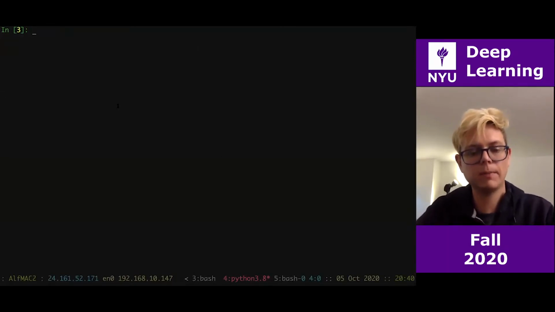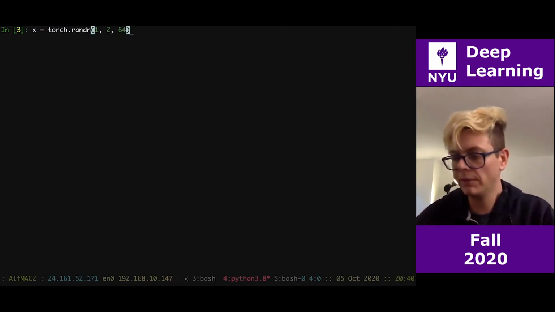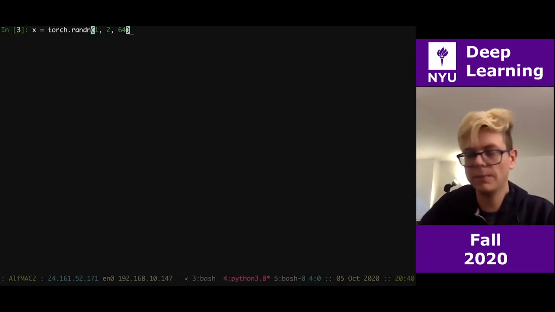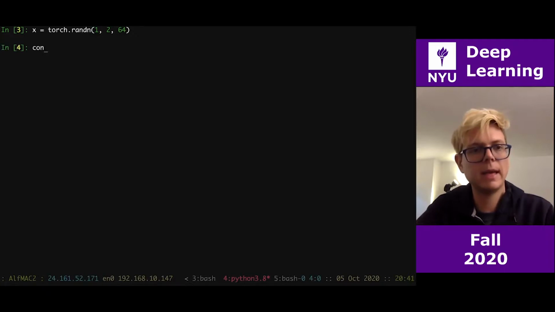So let's start by defining my first signal. It's going to be x, a torch.randn of just one item, like a batch of one item. And then I'm going to use a stereophonic signal, so I have 2 channels. And then let's say I have 64 samples, okay? So this is going to be my first example of a signal. It's no big deal. Then let's say I have my convolution, which is going to be nn.Conv